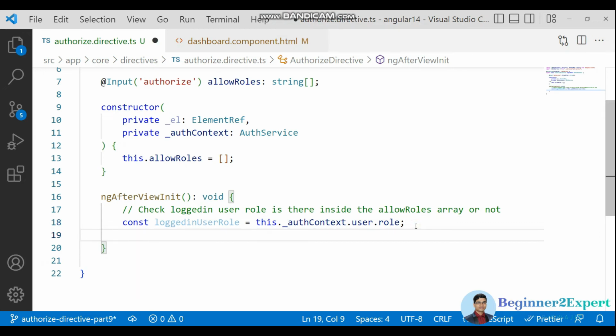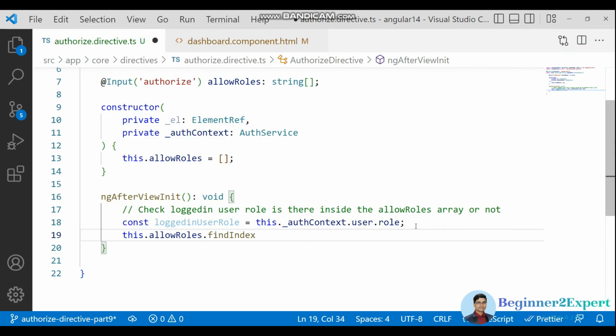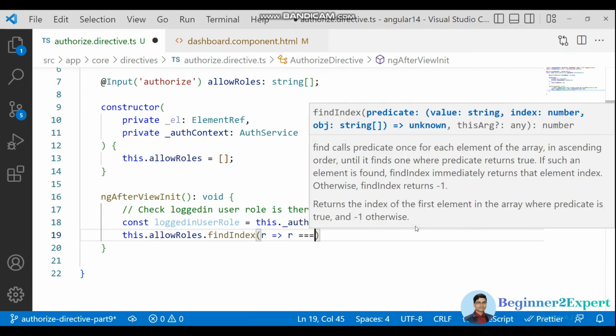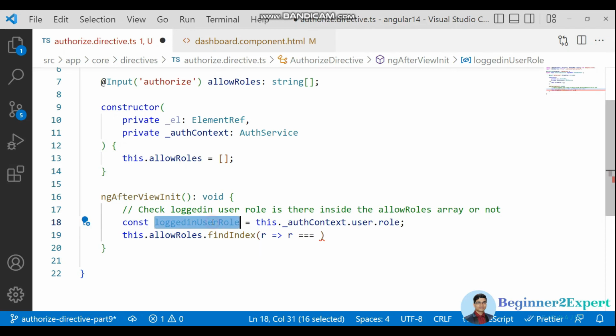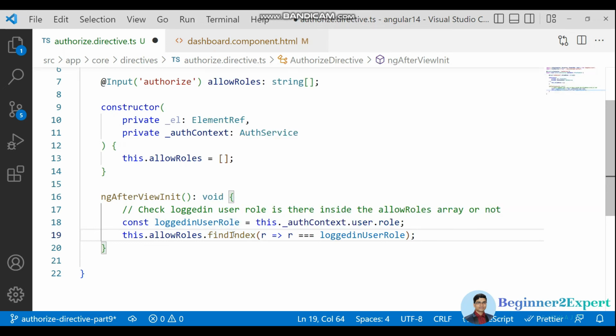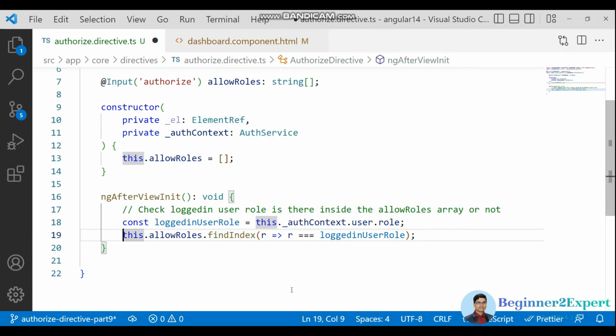Here I will write allowRoles.findIndex, and here r means role. If it is equal to this logged in user role, this findIndex is actually returning a number. If the role is found, then it will return 0. If it is not found, then it will return -1. Okay, so based on that return value, I can write here